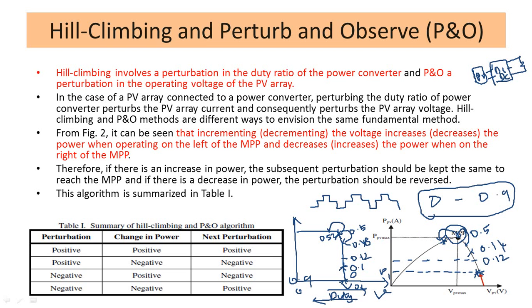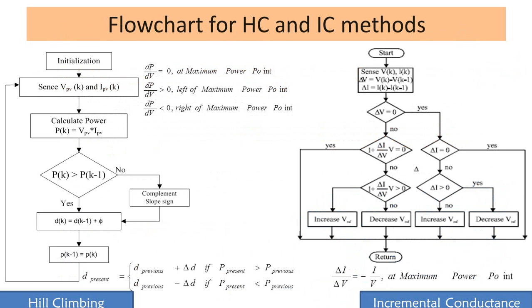So like this, you increment or decrement the duty cycle, and you find the power from your IV characteristics or your PV characteristics. This type of perturbing and observing the power, based on the slope or the positive and negative values, is what you call the perturb and observe algorithm. So this is how MPP tracking can be made. This algorithm can be implemented in a DC-DC converter by just changing the duty cycle of the DC-DC converter. It is very simple.